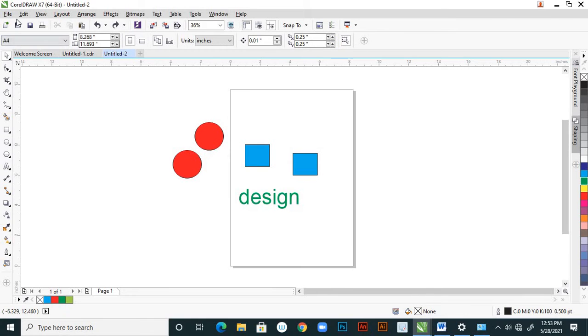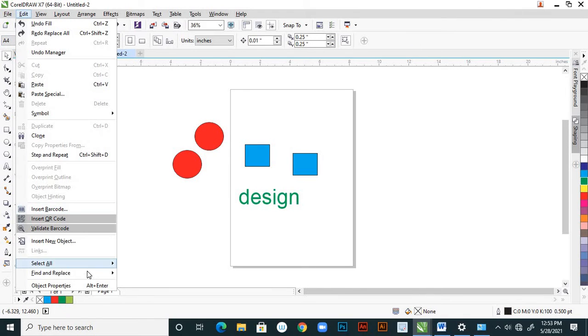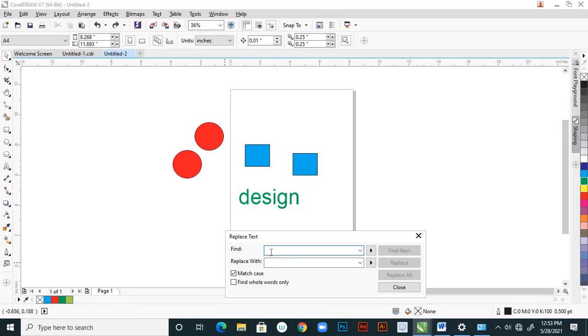And next here what I am doing, another option here, replace text. Suppose I find DESIGN in design and replace with animation. Suppose here DESIGN, design, replace with animation.